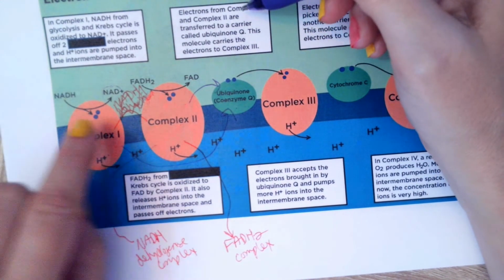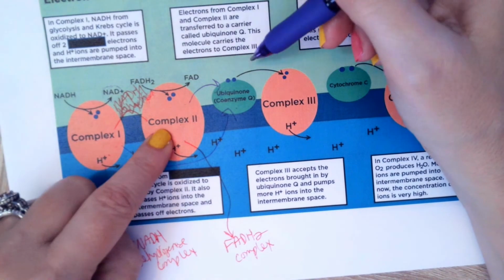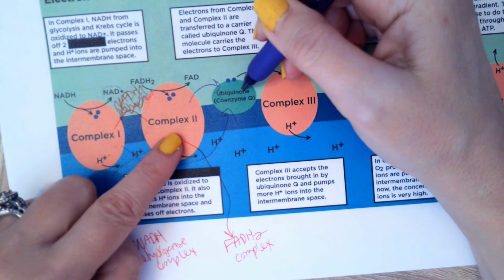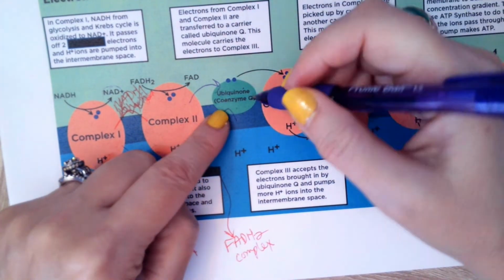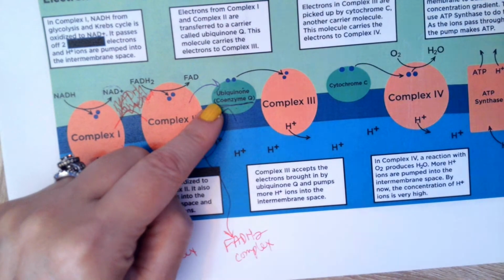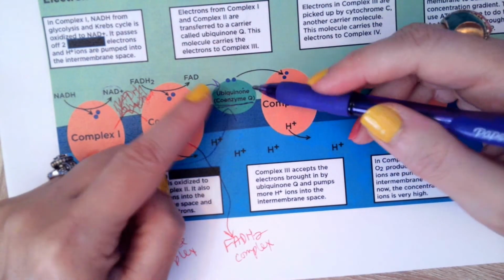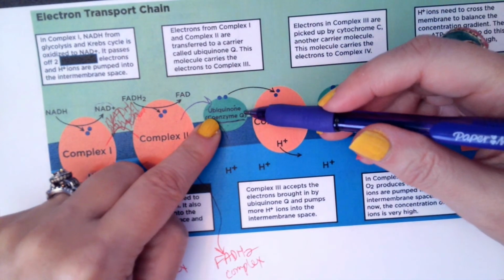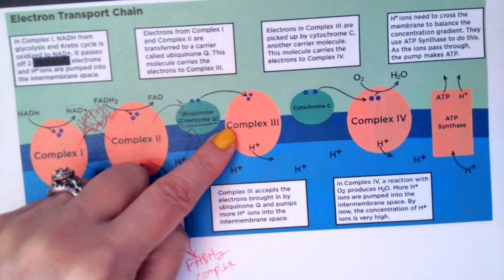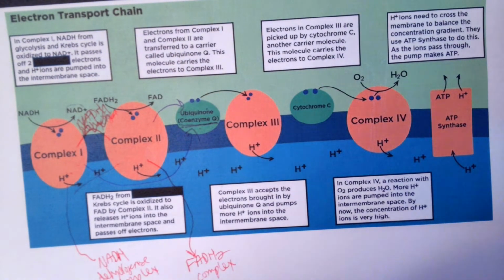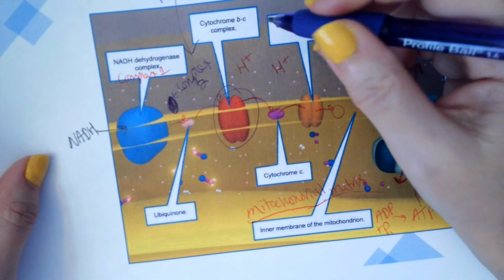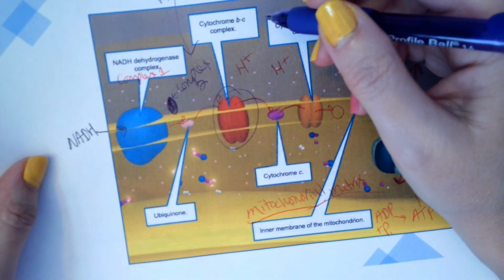Okay? So the electrons from NADH from complex 1, then the electrons from FADH2 from complex 2 are going to be used to reduce ubiquinone. Now another name for ubiquinone is coenzyme Q, so that's just another name for the same molecule. Now ubiquinone, we will oxidize that and use it to reduce complex 3. So here we are likening this to this one. So our cytochrome BC complex